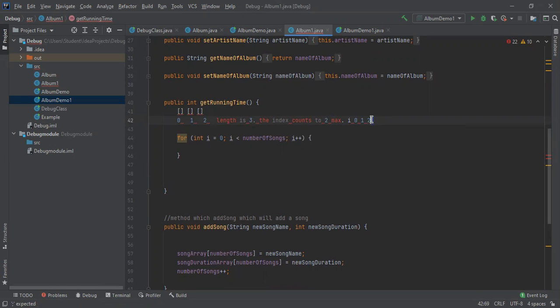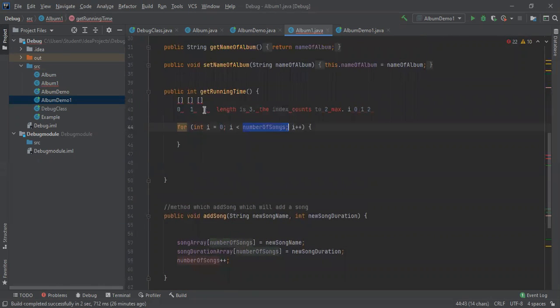So if I is less than the number of songs, and the number of songs is essentially just the length of the array,